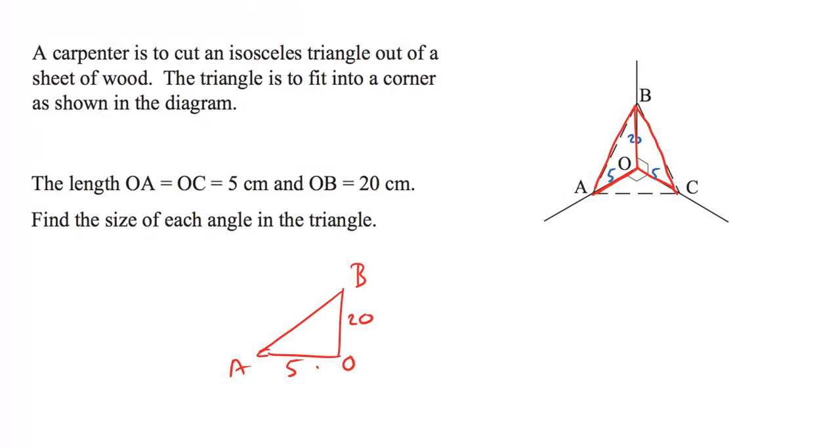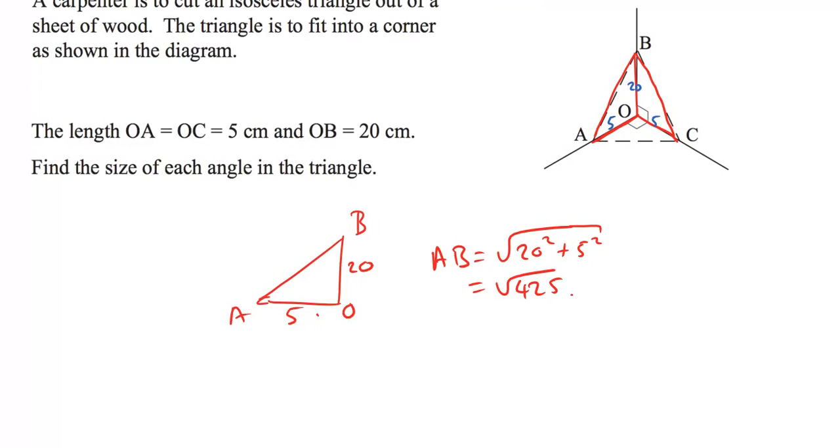So if I wanted to find that length from A to B, I could use Pythagoras to do that. AB will be the square root of 20 squared plus 5 squared, which is the square root of 425. Okay. And of course, I know that that is the same thing as B to C, because that triangle is exactly the same. So AB and BC are going to be the square root of